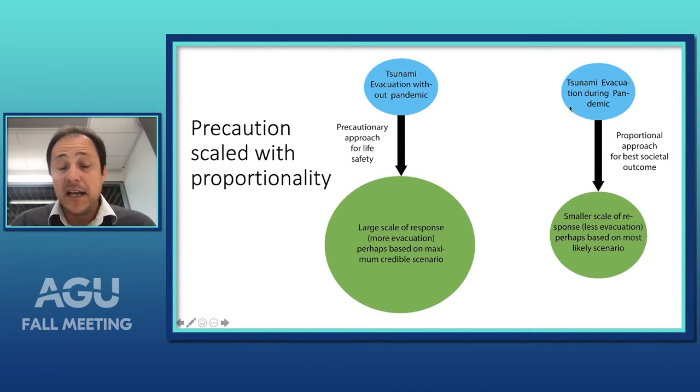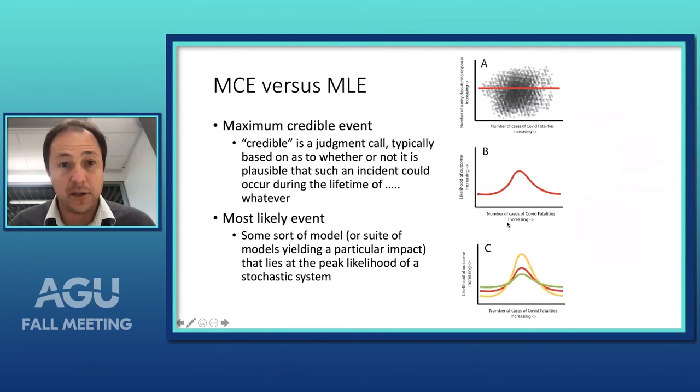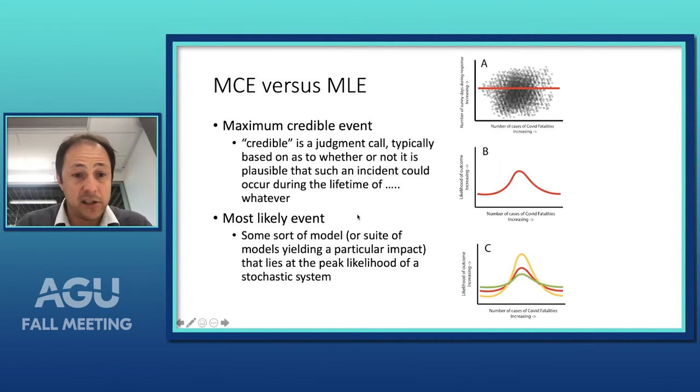On the other side is a proportional response in which you see a smaller scale of response, so less evacuation, perhaps based on a most likely scenario rather than the maximum credible scenario. Of course, in practice, there are diagonal lines connecting these two, and the ideal solution for decision makers is probably somewhere in between. So when we talk about maximum credible event or maximum credible scenario versus most likely event, we might imagine some sort of